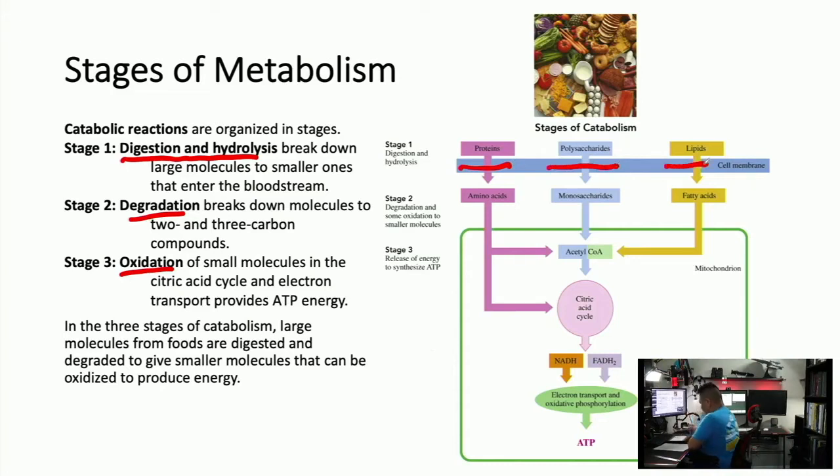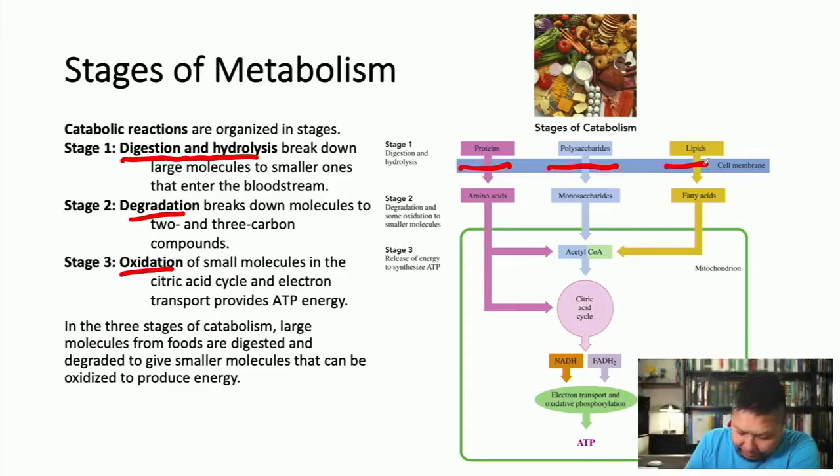After that, you've done the mechanical work and chemical work in your digestive system to break down those particular biomolecules as far as you can, until they pass through the cell membrane, where they go into the second stage,